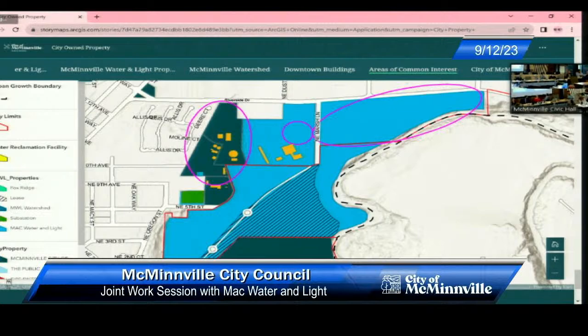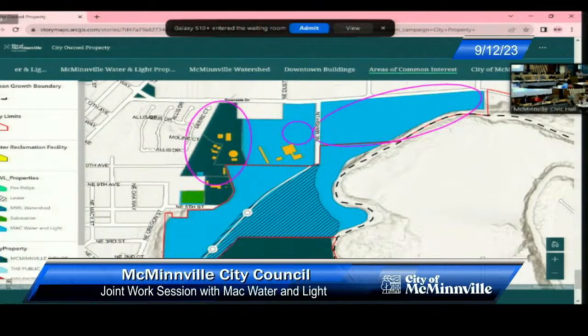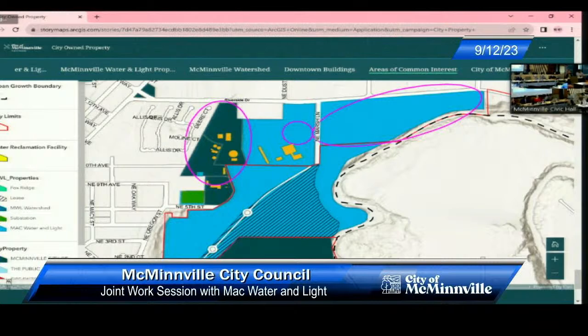We're also looking at rebuilding that line as well, or at least that portion of the line, more for resiliency, because we have some large guy wires, down guys, on that line that produce risks of potentially failure. And so we'll be looking at basically realigning the line to eliminate those risks. We've been doing that on a number of our transmission lines. 2nd Street is an example of that, where we moved the line from the south side of the road to the north side, put steel poles in, so we eliminated those issues with the down guys. If a car or anything goes into them, that's going to be a significant outage to the transmission system.